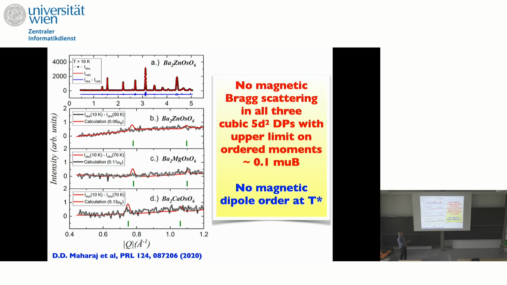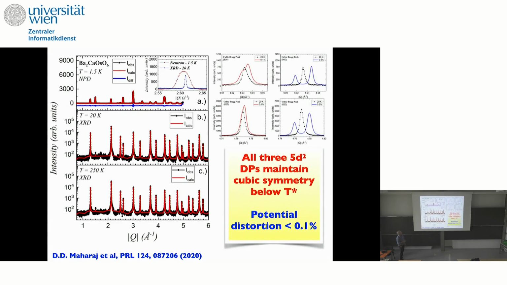But this is telling us that there's no magnetic neutron scattering in any of these 3 cubic 5d2 double perovskites, with an upper limit on the ordered moment of about 0.1 Bohr magneton. So I'm going to say there's no magnetic dipole order at T star. Okay. And then this is just high resolution X-ray scattering that shows that these systems remain cubic